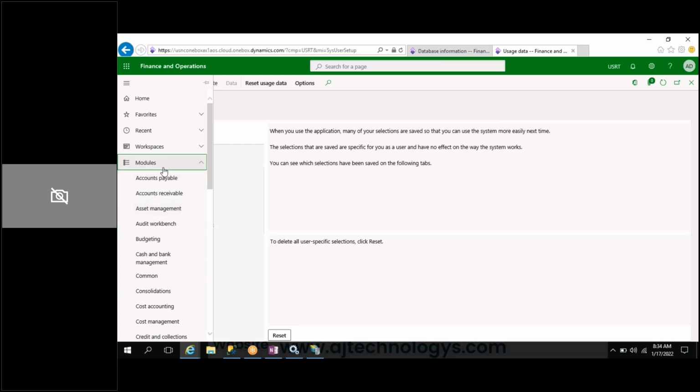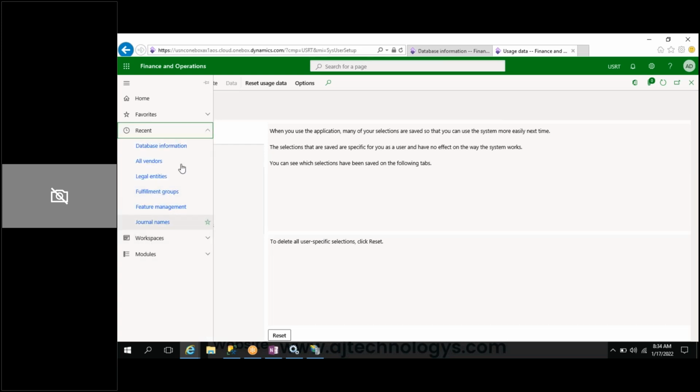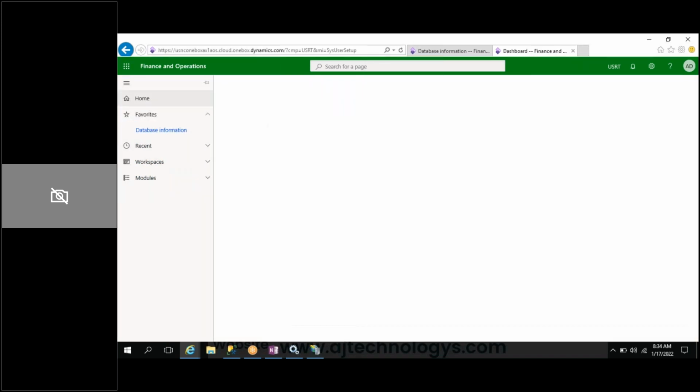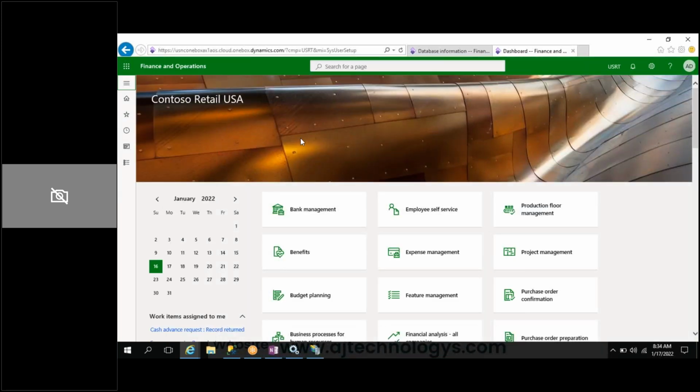Okay. What we have opened recently, we can see under recent things. And if you are working with one form or some combination of forms on a daily regular basis, you can just click on this star mark, fill it, and it is added to your favorites. This is a very small thing.